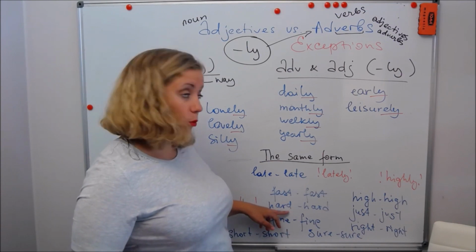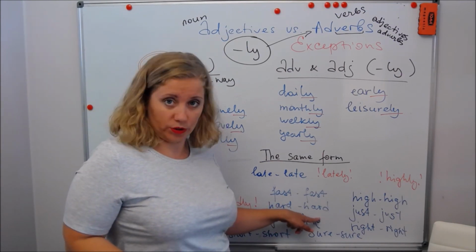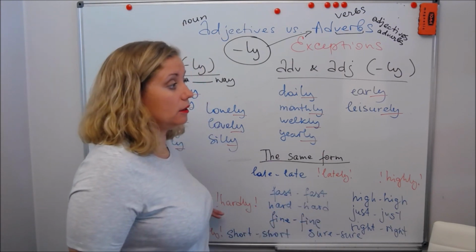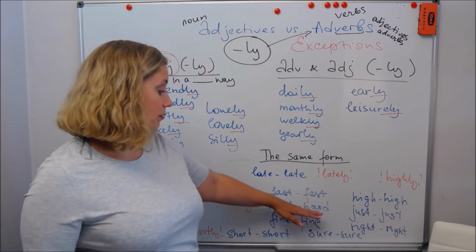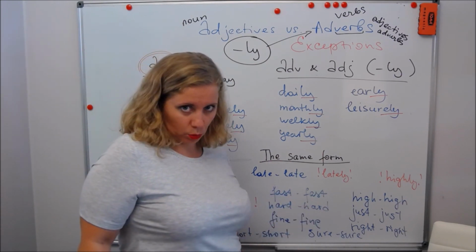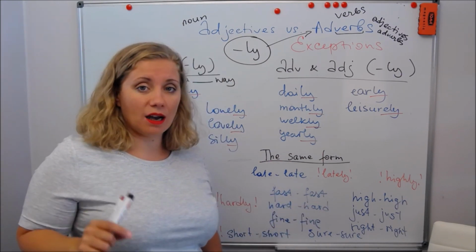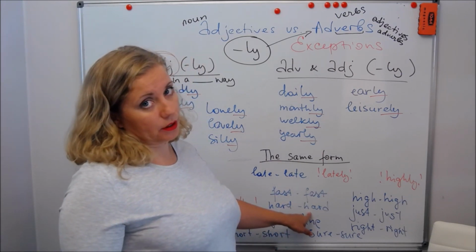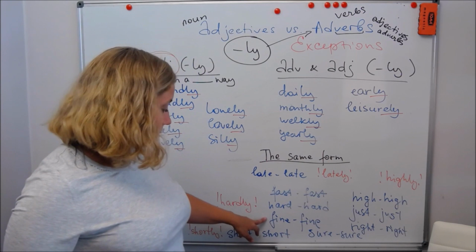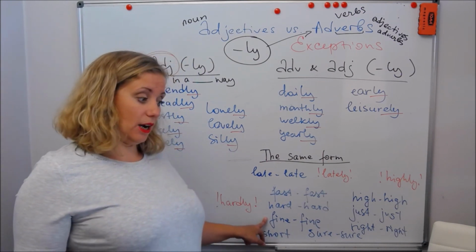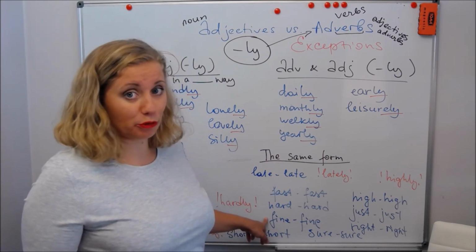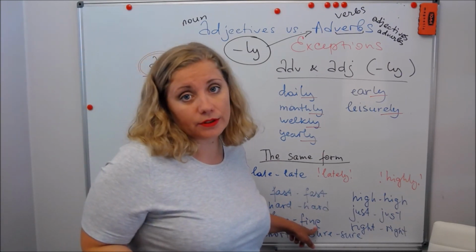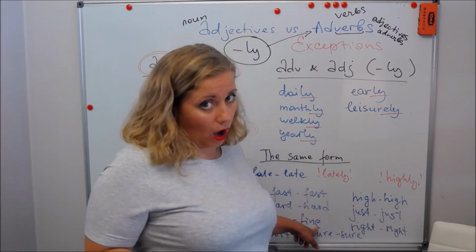I don't travel a lot. But when you say I work hard, I work how, it's an adverb, right? It means you work a lot. So if you say I hardly work, you don't work. If you say you work hard, it means you work much. You say it's a hard job and he works very hard. No change. The same with fine. So it's a fine deal. You look fine as an adjective, but you did it fine, for example, yeah? That's the action. How? That's the action.